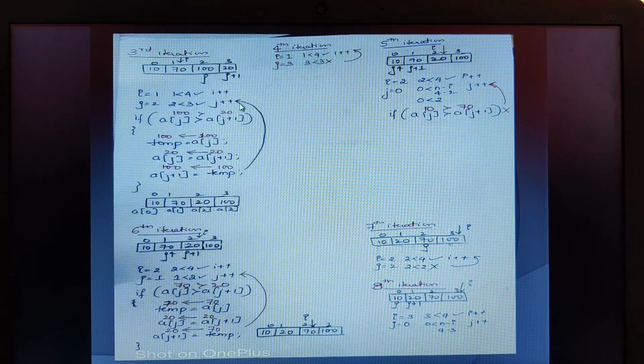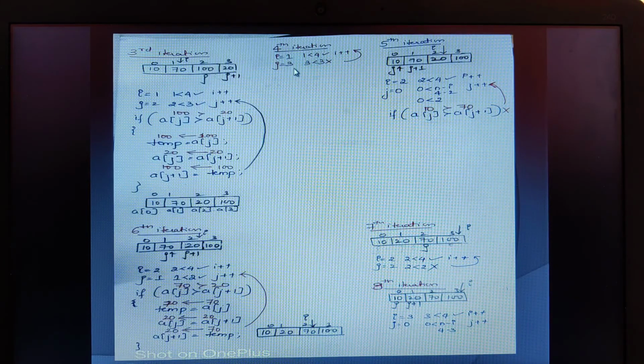Again j gets incremented. Remember, until this j condition fails, we are not incrementing the i loop. So therefore j gets incremented. Once j gets incremented, at the fourth iteration what happens? The i loop I retain as it is, because we didn't increment anything. So j we will check. Now once j gets incremented, j will automatically point to the third location.